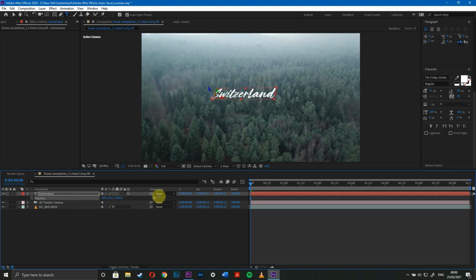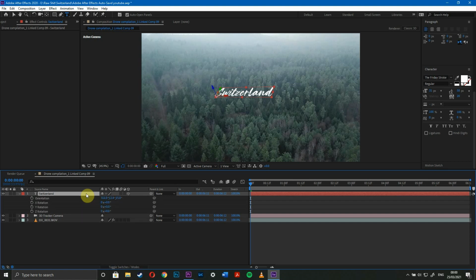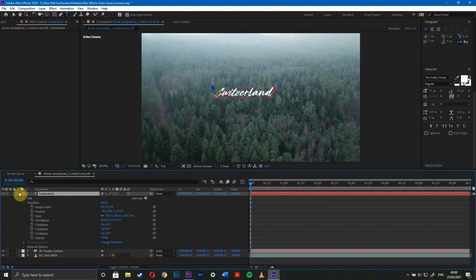And maybe I'll bring it down a bit, and probably I just want to push it back a little bit. Yeah, seems fine. And now we have to rotate it in such a way that it's almost like standing up at the same angle as the trees. So again you select this and you press R, or you could simply go to transform and you get the orientation XYZ rotation. So in the orientation tab, what we'll be doing is,